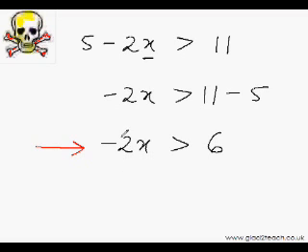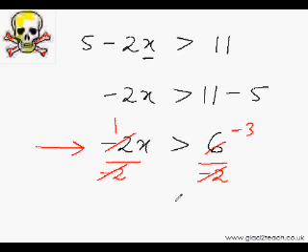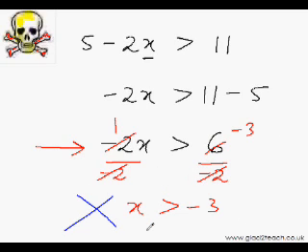What they do, in order to get rid of this minus 2, is divide both the sides by minus 2 without changing the direction of inequality. That is, this over minus 2, this over minus 2, this will become 1 and this will become minus 3, and the answer that they write in the exam is x greater than minus 3. So, do you think it's correct? It's wrong. This is where solving inequality becomes different from solving an equation.